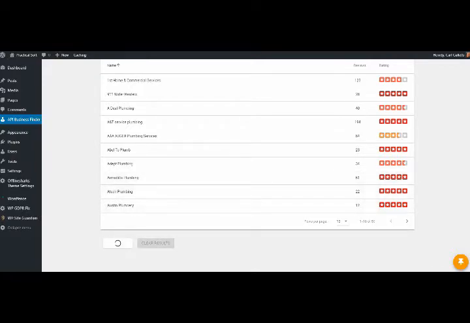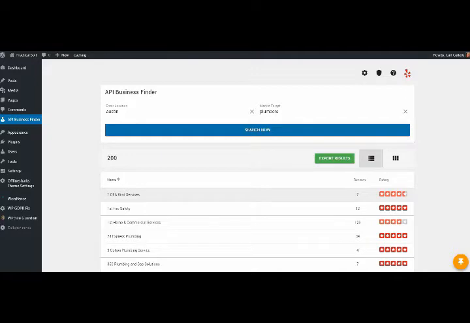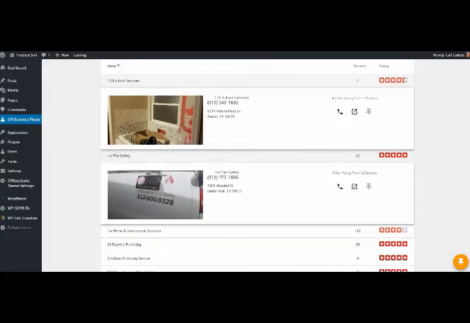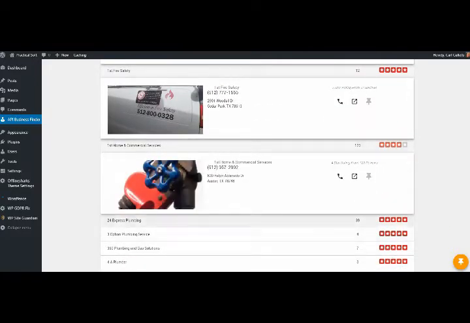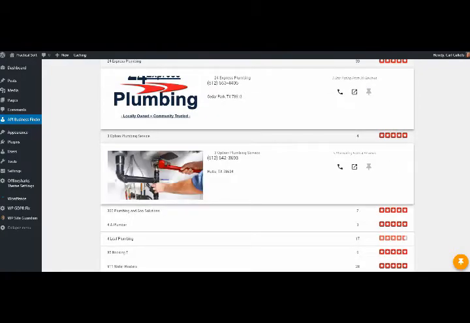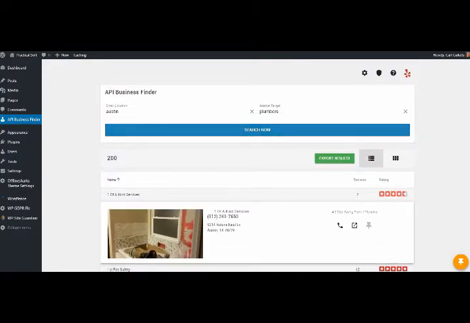Let's see, load more. Load 100, 150, etc. 200 is probably more than you need if you're going to plumbers. And you see all of these things here. Okay. So anyway, that just gives you an idea of how this thing works, and I thought I'd give you a rundown. It's fairly inexpensive now. It's on a pre-sale, and yeah, hopefully this kind of thing you might use. I'm going to use it for a secret project that I have brewing,